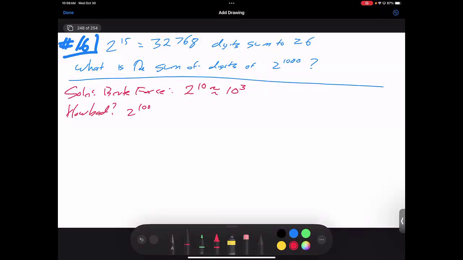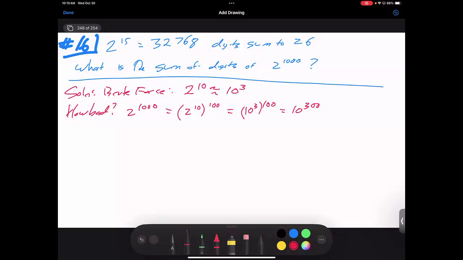So let's get a sense of how bad. 2 to the 1,000 is 2 to the 10 to the 100, so that's going to be 10 cubed to the 100, which is 10 to the 300. The number of subatomic particles in the universe is around 10 to the 90. If everything in the universe were a universe, that gets you to 10 to the 180. So to give you a sense of if we actually wanted to write down this number,